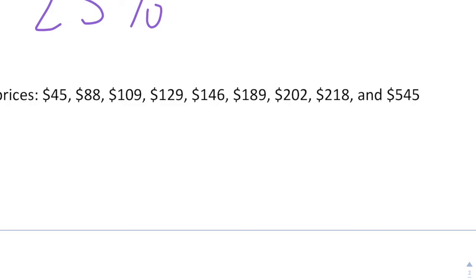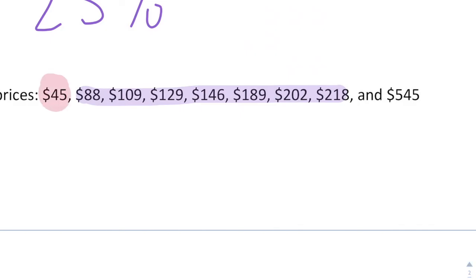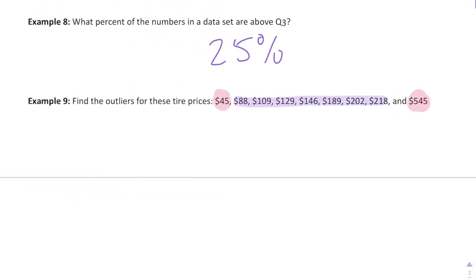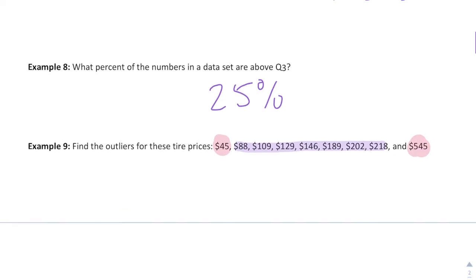But what you'll see is you have a lot of numbers sort of in this range here. I would say that my 45 would probably be an outlier, and then my 545 would be an outlier. You can argue and say that maybe just the 545 is the outlier, but that would be an example. So you would use median for this and not mean. That's all it says. So please work on the practice problems and